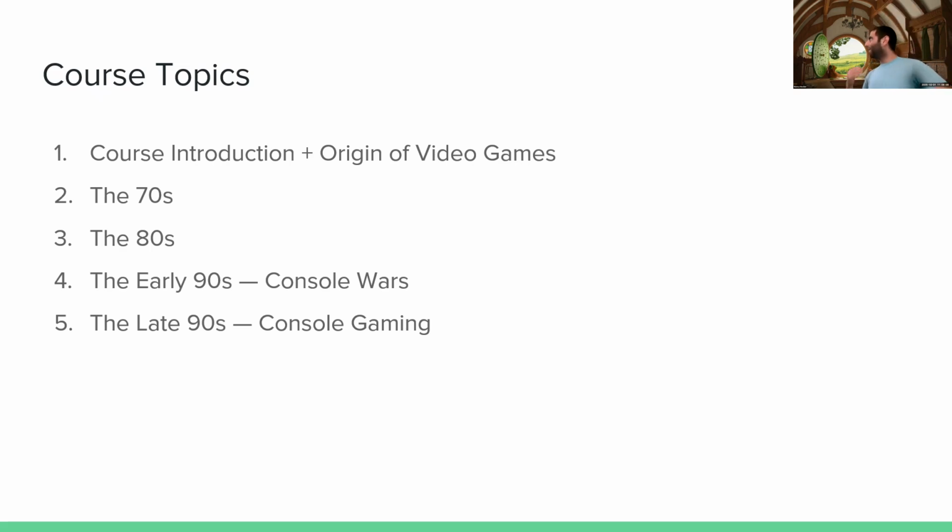We're also going to talk about how console gaming looked in the late 90s, like the PlayStation coming out, Nintendo 64, those OG consoles. I think probably what some of you are familiar with are the earlier retro consoles that you might have actually played. And we're also going to separately talk about PC gaming, which really had a big boom in the late 90s.